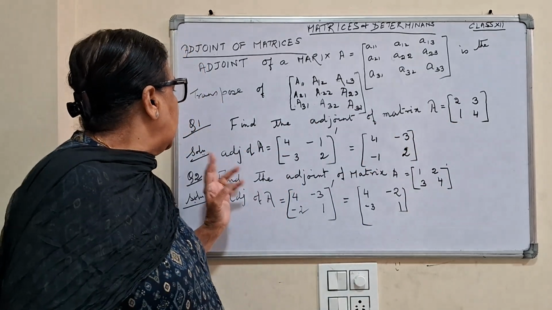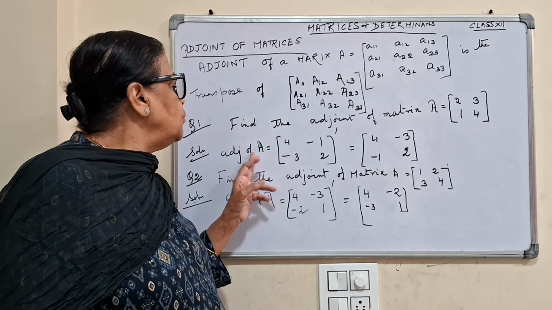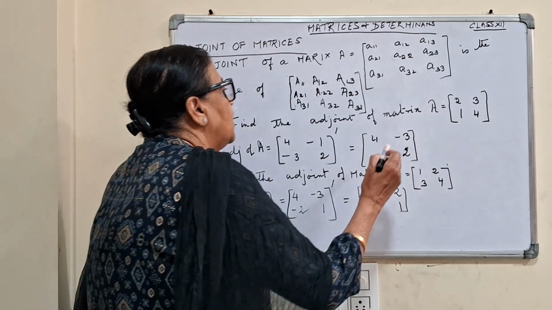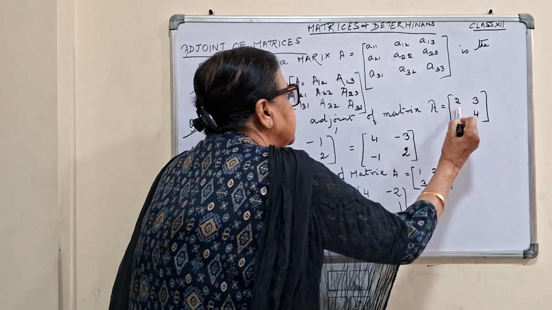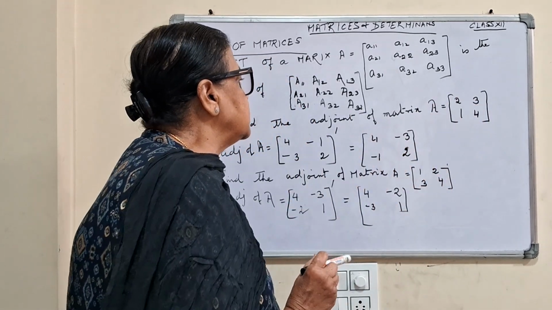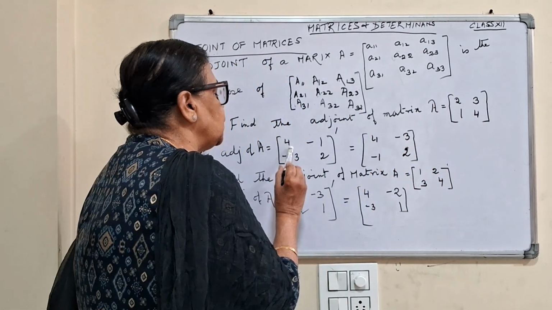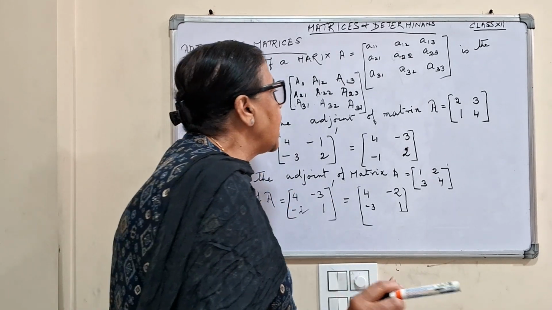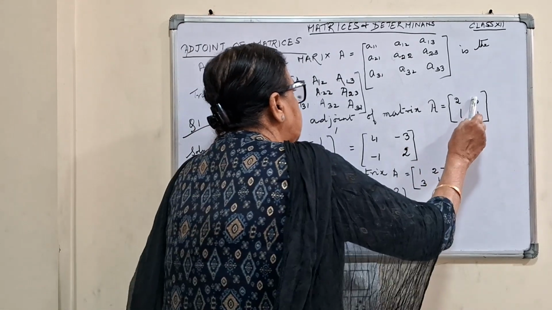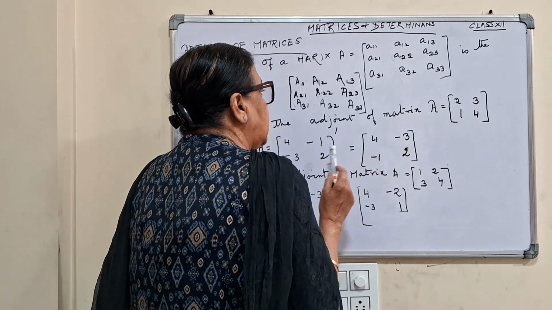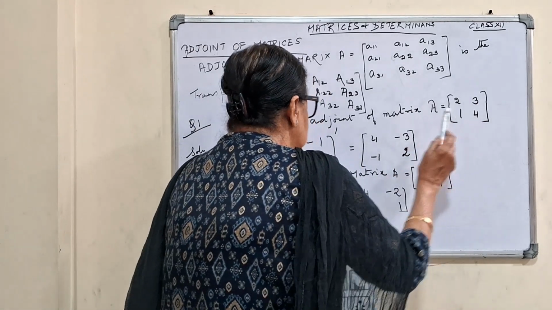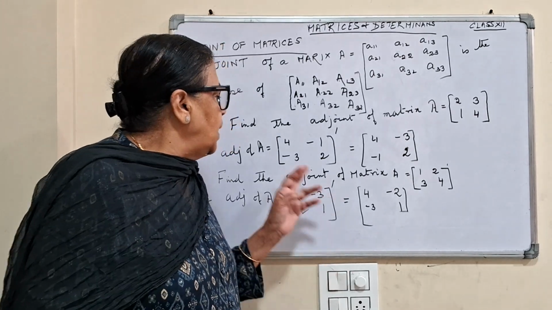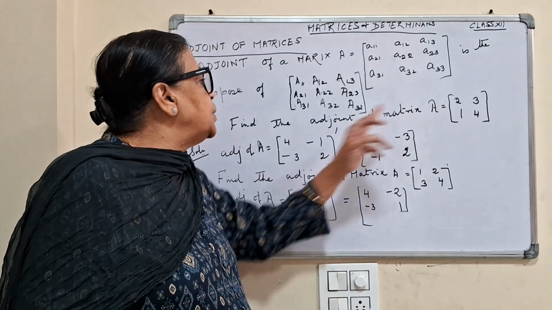The adjoint of A will be: for the first element, I leave out its row and column and I am left with 4, which is the cofactor. For the element 3, I am left with 1, with sign minus 1 whole raised to the power 1 plus 2,